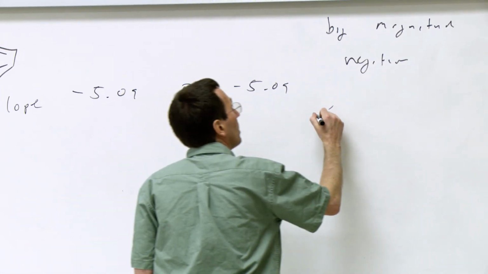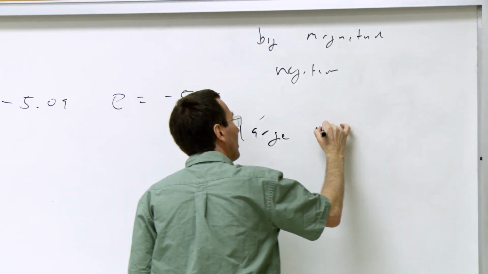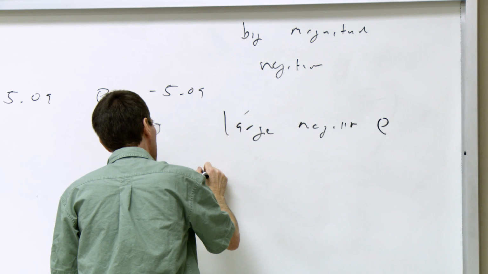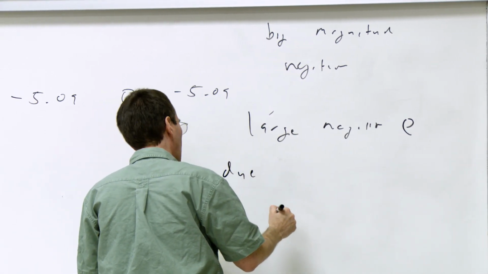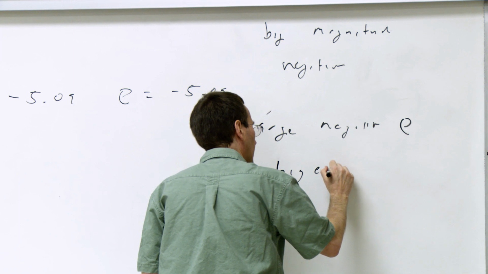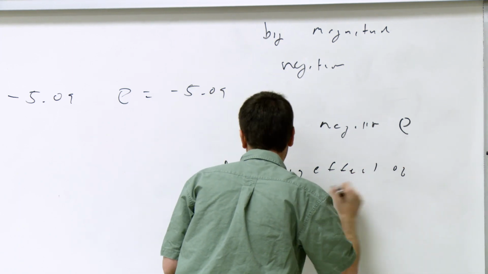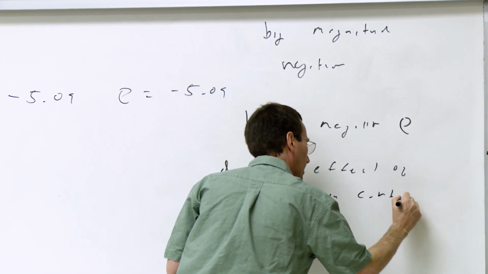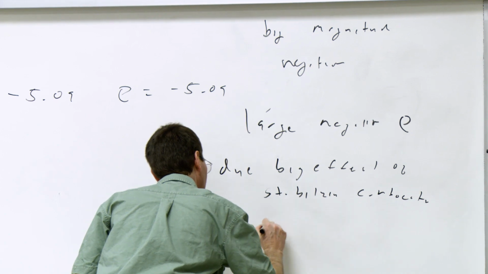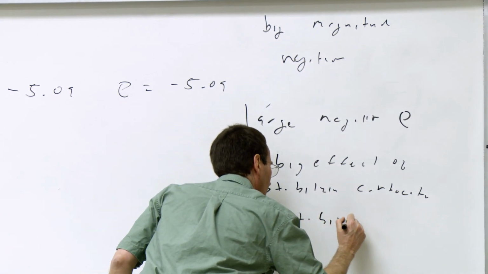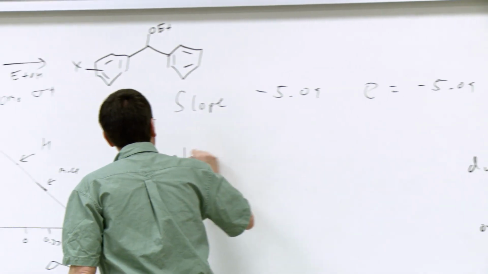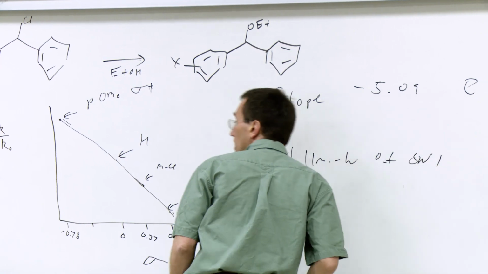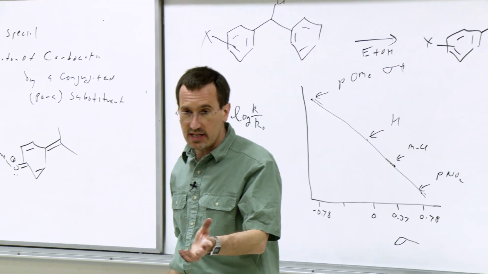So large negative rho, we say due to big effect of stabilizing carbocation or destabilizing. And this is a hallmark of SN1. In other words, if this reaction were SN2,